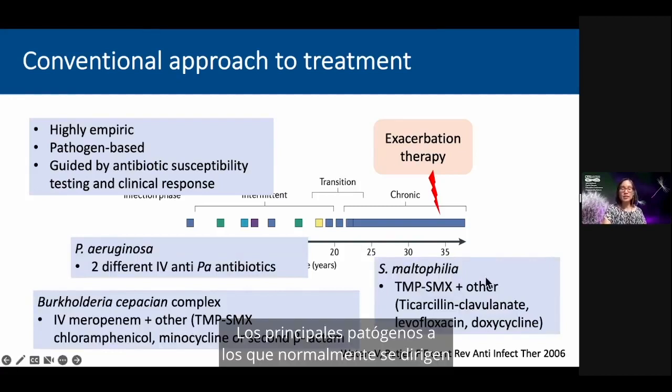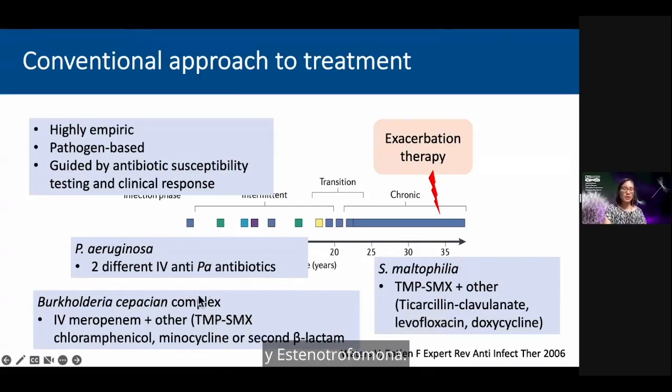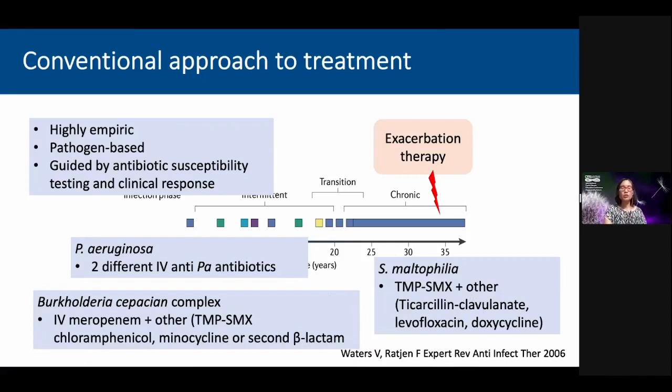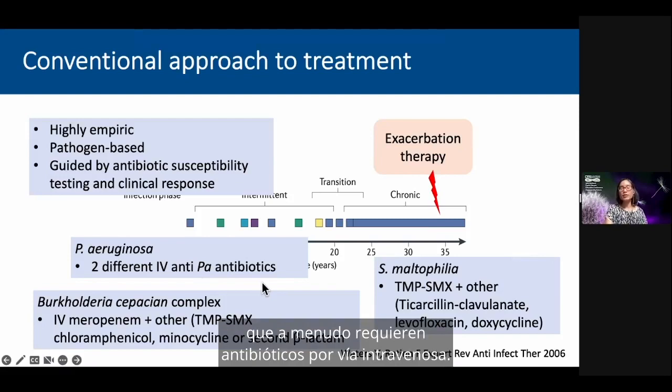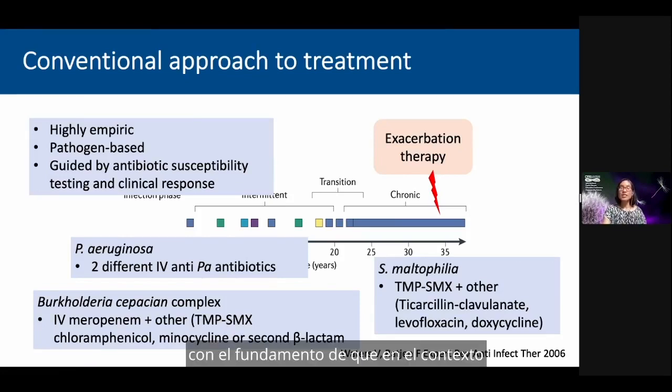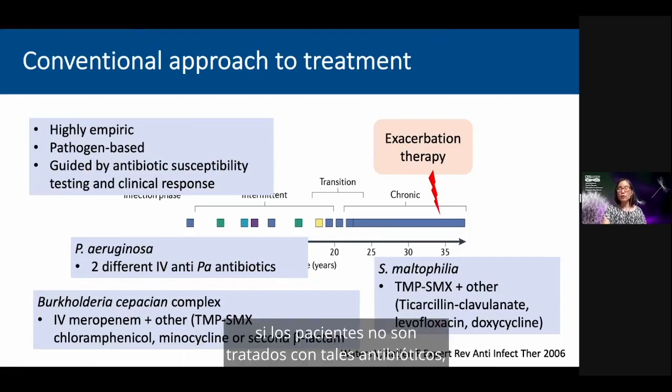The major pathogens that are typically targeted during exacerbations are Pseudomonas, Burkholderia, and Stenotrophomonas. And without going into the various regimens, what you can see here is that these are all combinations of two or more antibiotics, often requiring intravenous antibiotics. So these are relatively burdensome treatments, with the rationale that in the setting of an acute deterioration, if patients are